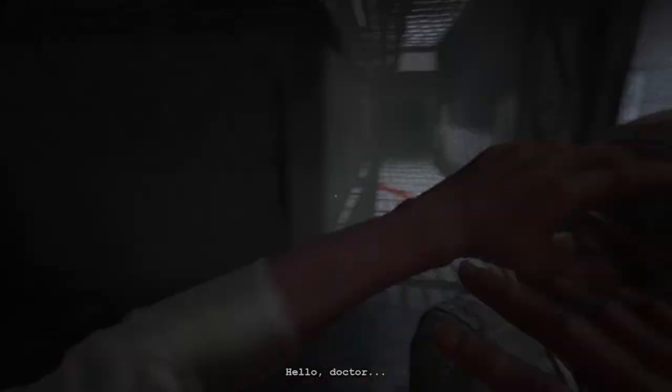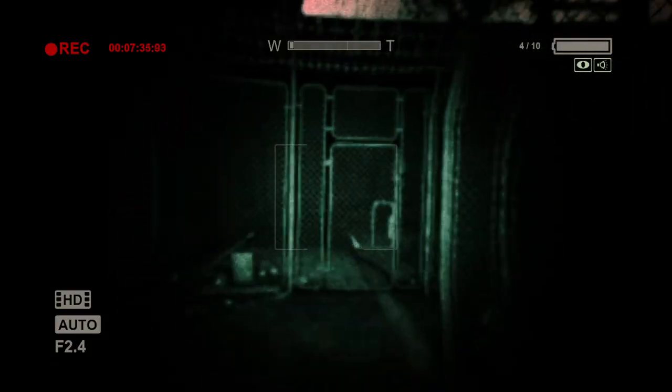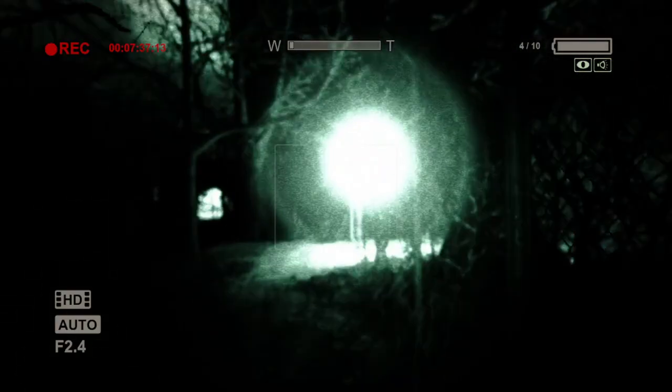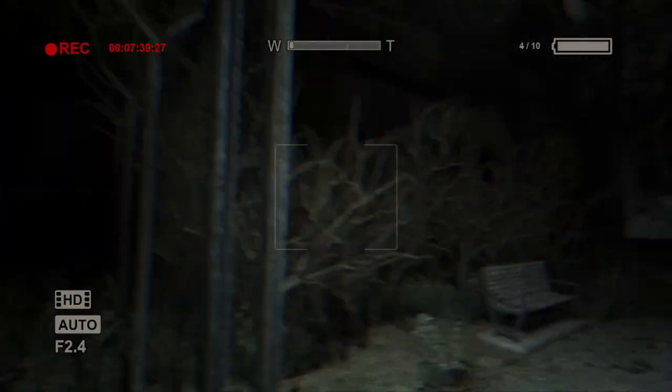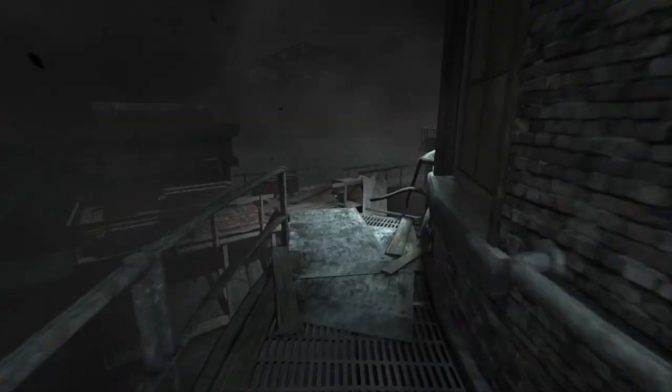We have to turn off the electrical gate, and then we're jumped by a variant because Weyland seems to have the same luck as Miles, where we get beat up by everything we come in contact with. We're able to outrun him because Weyland is just him. We reach the top of a tower and we see the front of the asylum. All we have to do is traverse the roof and get the hell out of here.